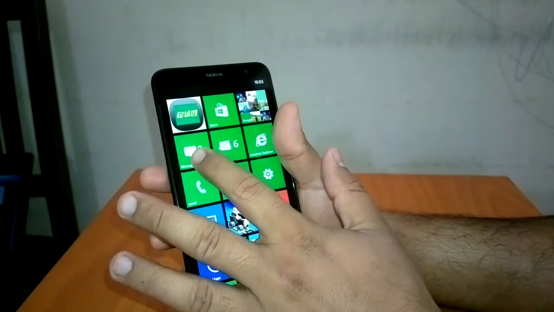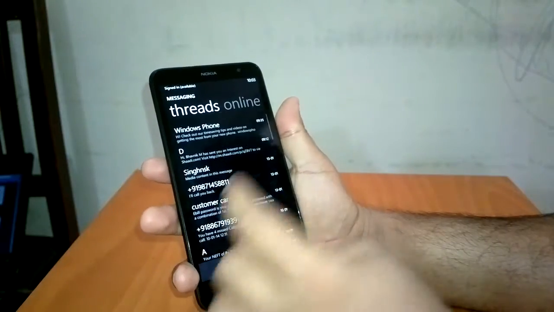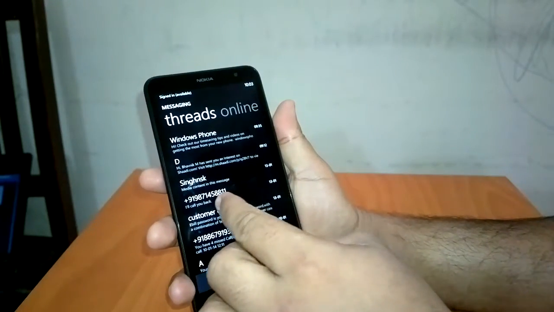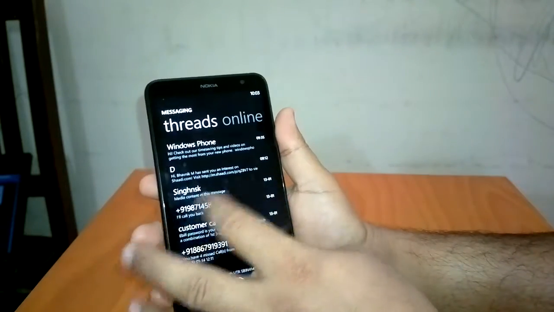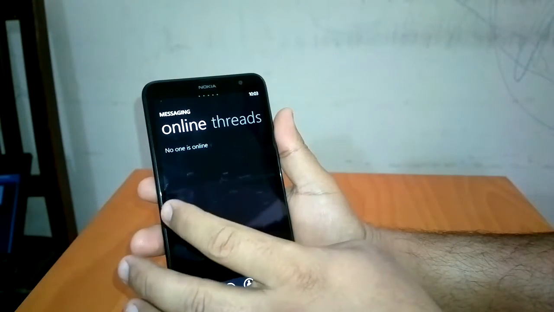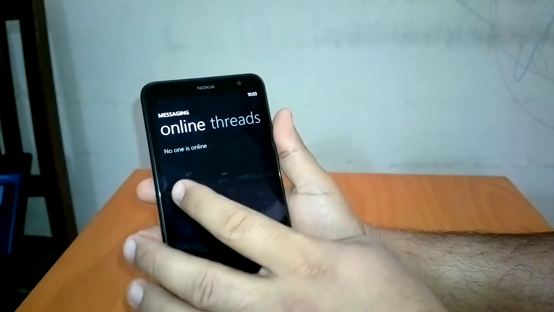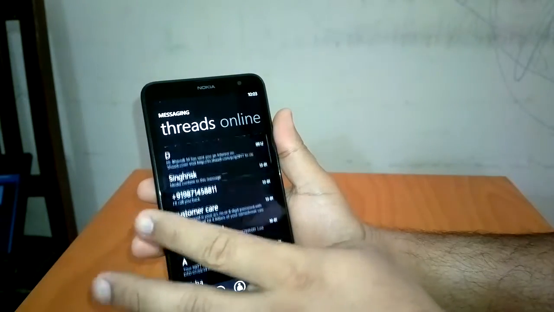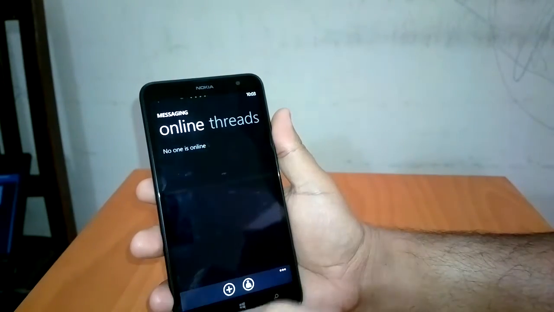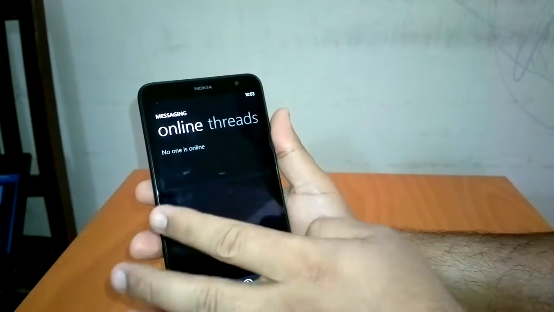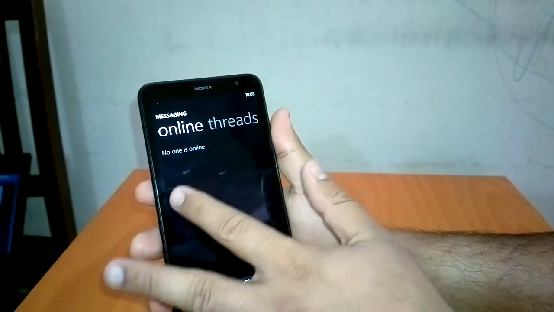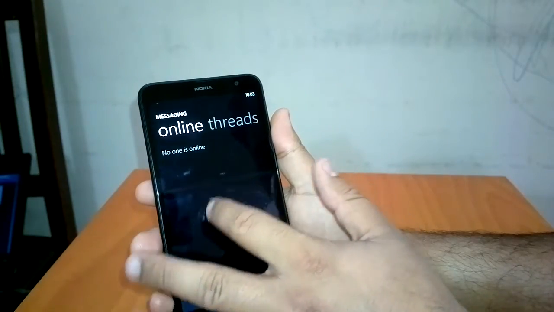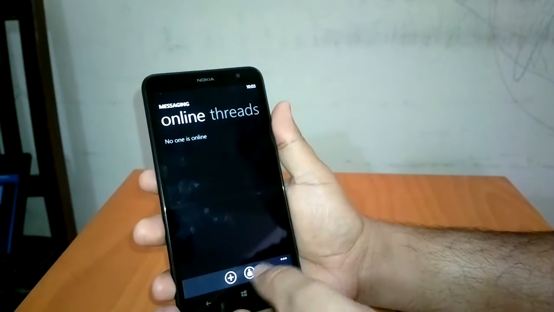Apart from that, if you go to messaging, in the case of Windows Phone, as I said, it's all about integration. So here the messaging is very well integrated, and not only can you read messages there, it also shows the Facebook chat if you are logged into Facebook. Currently I'm not logged in, so you cannot see anything, but whoever your Facebook contacts are will be shown online here.